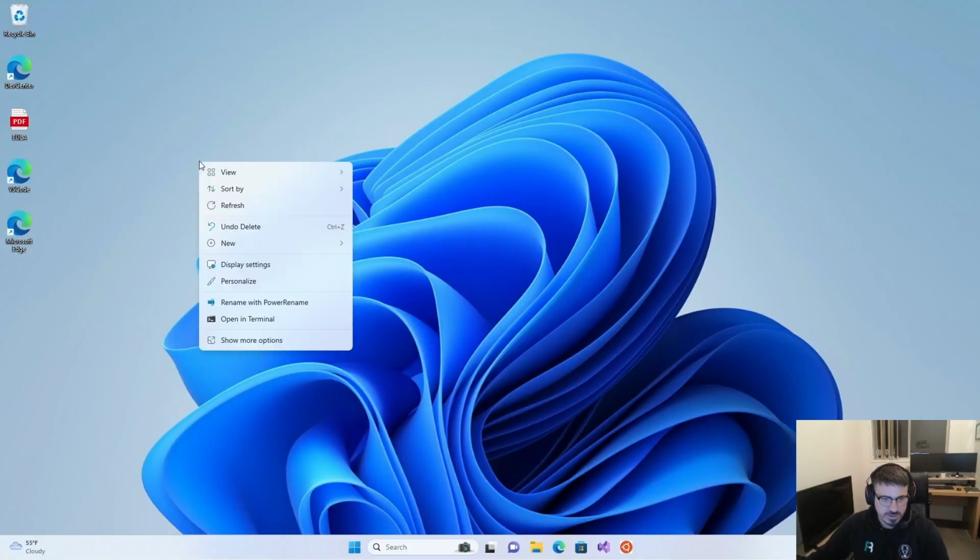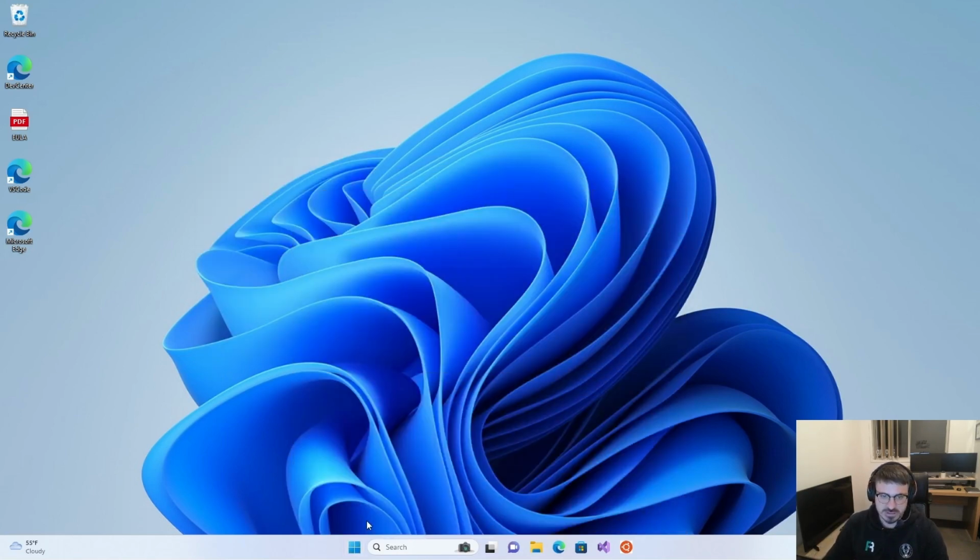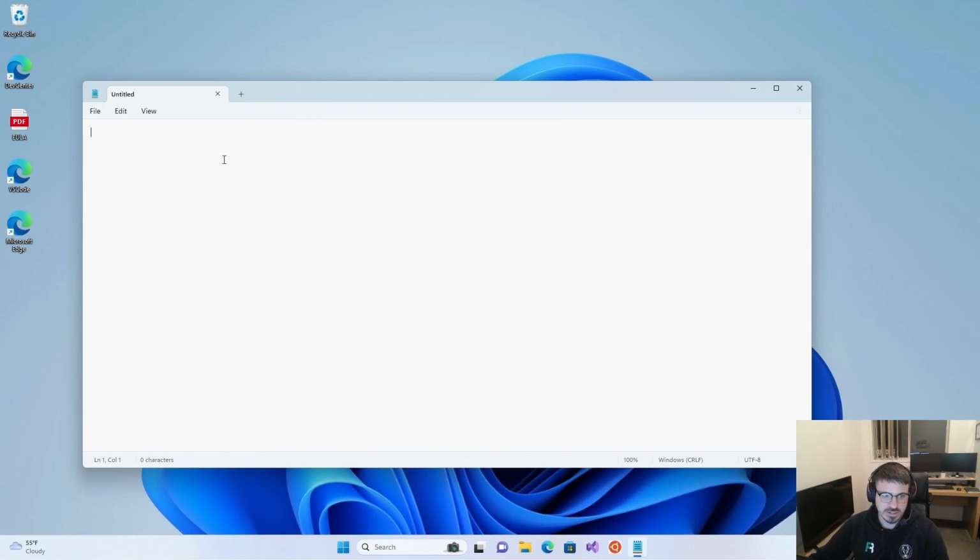A few things you're going to need to be able to perform this operation. Firstly, you're going to need the IP address or URL of your website. You'll need the username of your hosting account or cPanel or SSH username, whichever way you go about it. You'll need the password,